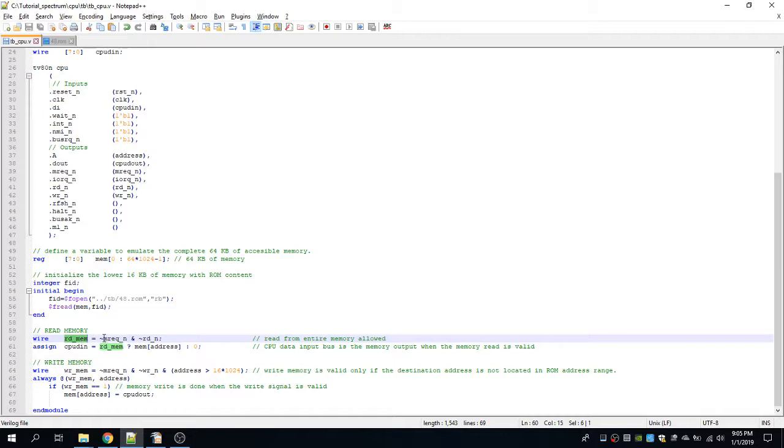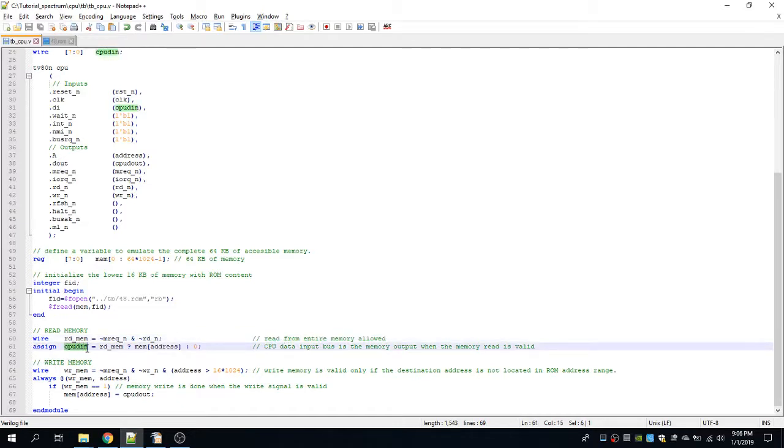So when the memory request is 0 and the read is 0, the read memory will be 1. So this gives us the information when a memory read access is initiated by the CPU.